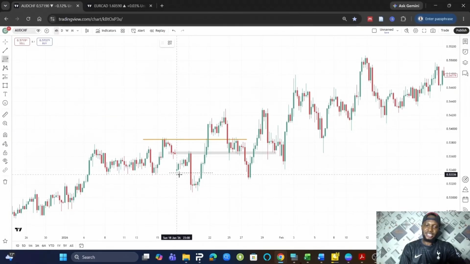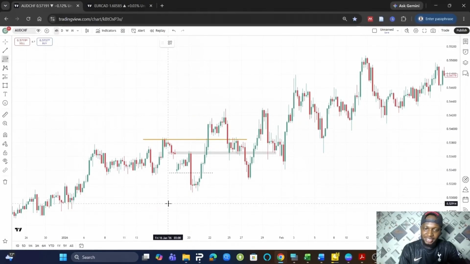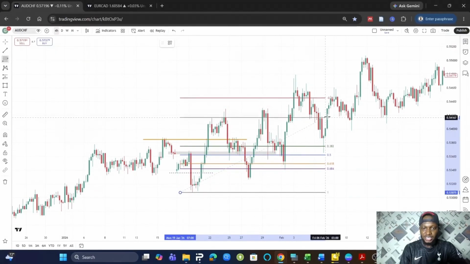Anytime I get this liquidity sweep, I wait for a break of structure. Then I take my Fibonacci. Since the trend is bullish, I want to be buying. So I will put my Fibonacci, I will start drawing from swing low and I will take it to swing high,